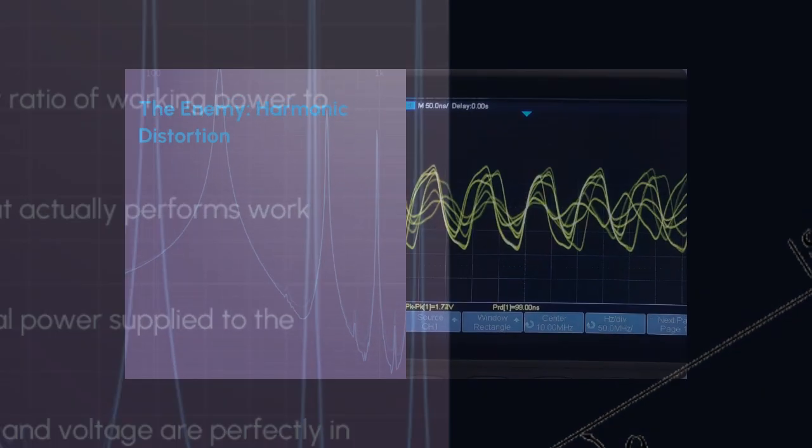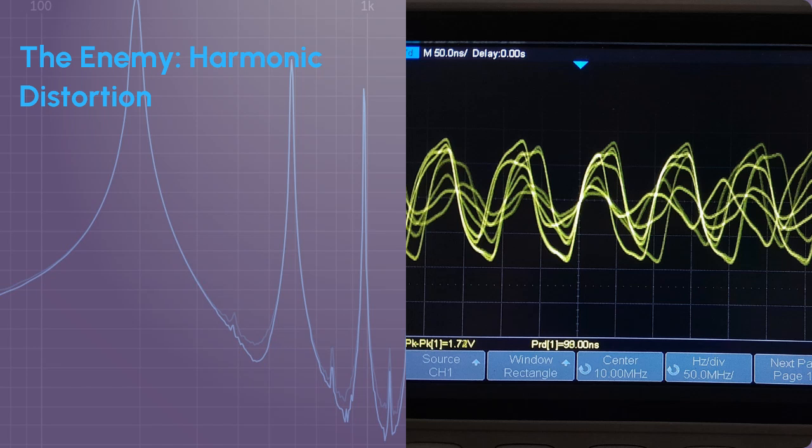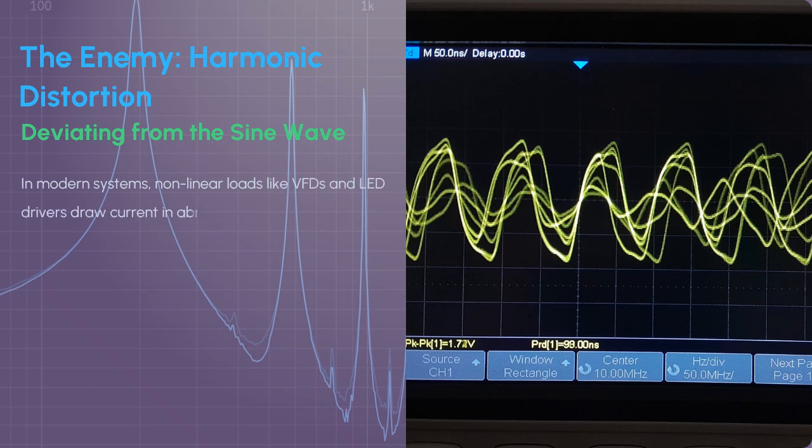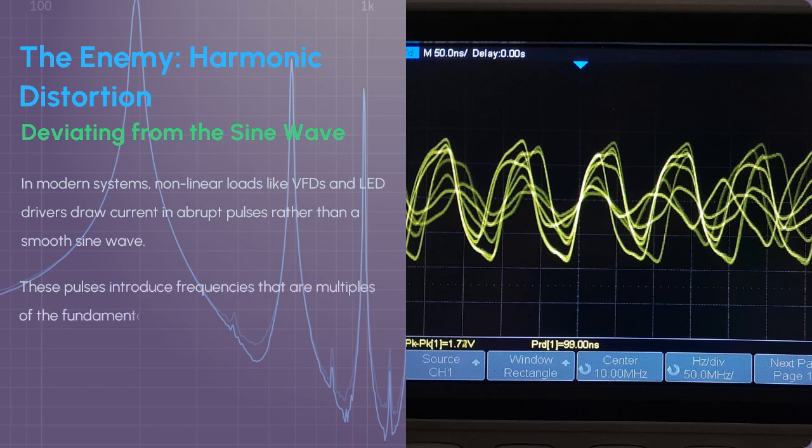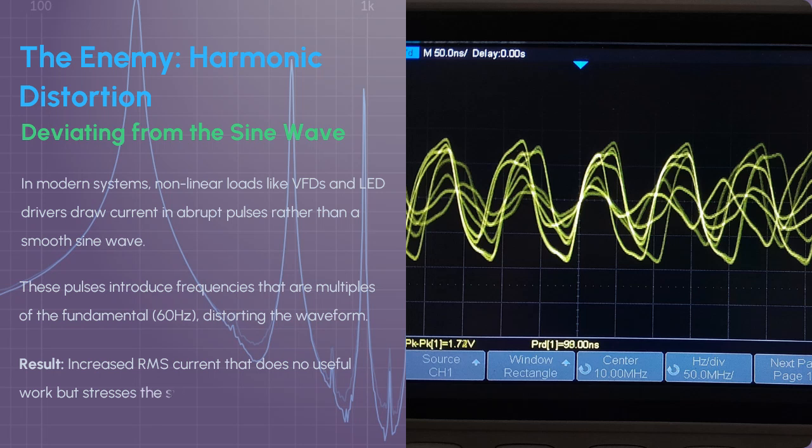The enemy, harmonic distortion. However, modern facilities are rarely linear. We use VFDs, LED drivers, and rectifiers. These nonlinear loads draw current in abrupt pulses rather than smooth sine waves. These pulses introduce frequencies that are multiples of the fundamental 60 Hz. This is harmonic distortion. It increases the RMS current flowing through your system without contributing any useful work to the